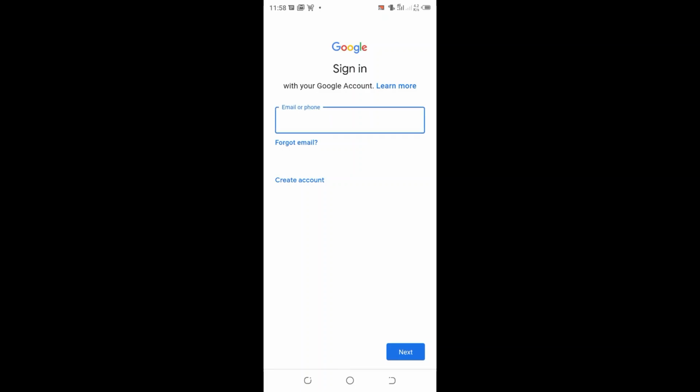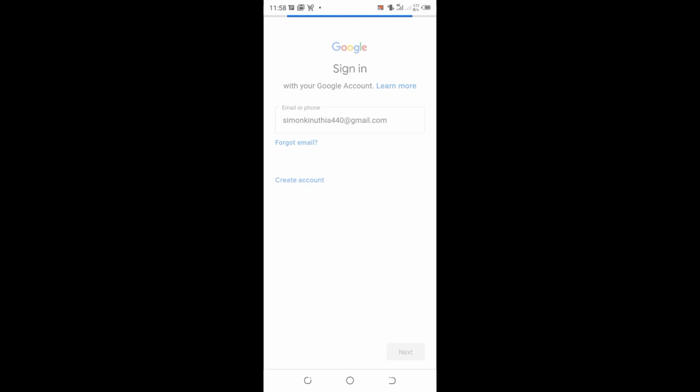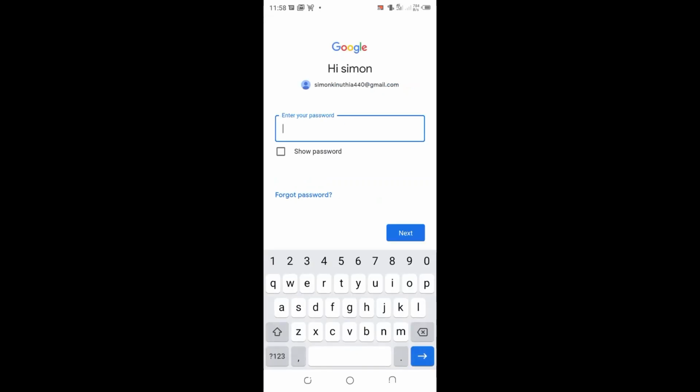Let us add the email which we want to add, which is simon.kenothia440@gmail.com. I'll click next. Let it open. The speed in which it will be opening is based on the speed of your gadget. Let me input my password. Then after inputting the password, I click next,